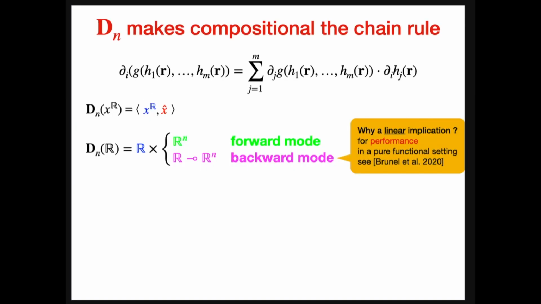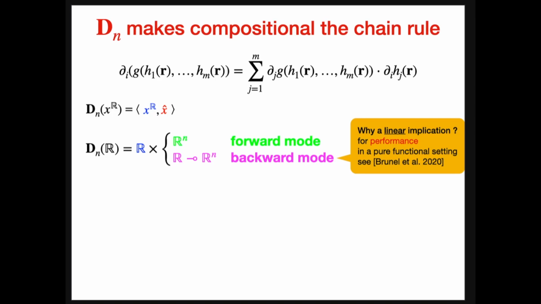So the basic ingredient in the definition of D is the chain rule that I recall here in this equation. The chain rule defines the partial derivatives of a composition of functions out of the partial derivatives of its components. Actually, this rule is not really compositional, as in order to compute the derivative of the composition, you need both the derivatives of the components, but also the values of the inner functions h here. So if one wants to turn this rule into a compositional law,